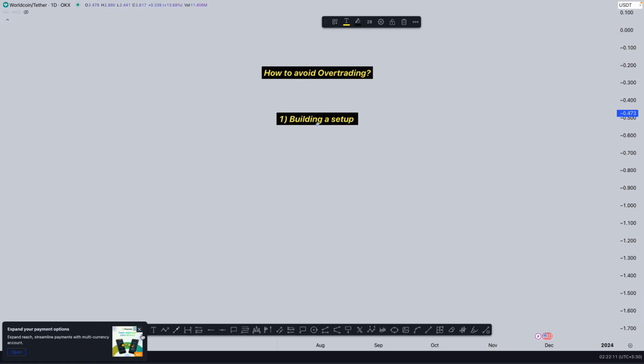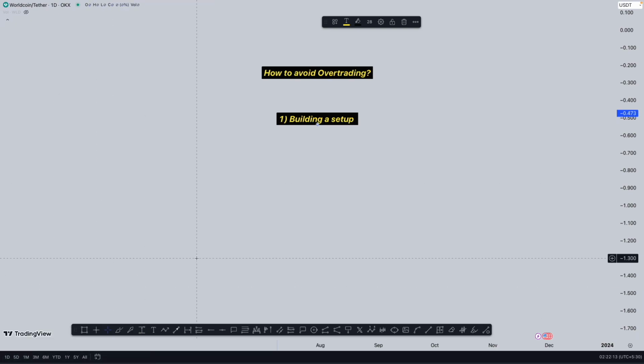Now, the reason which is leading you to win those trades, and the reason which is leading you to lose those trades, will be defined in that setup itself. Then you will be able to point out that this is where the location was, and this is the reason why I entered or exited the trade. At the same time, that will also help you decide what the outcome of the trade was and what led you to that.